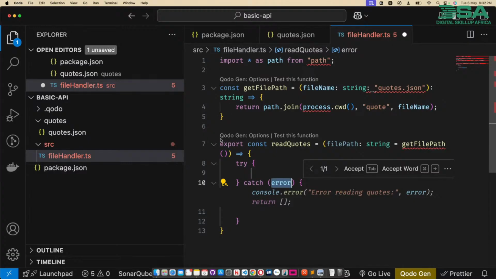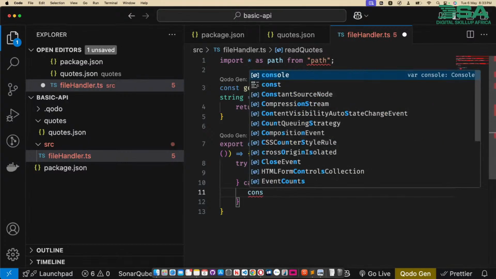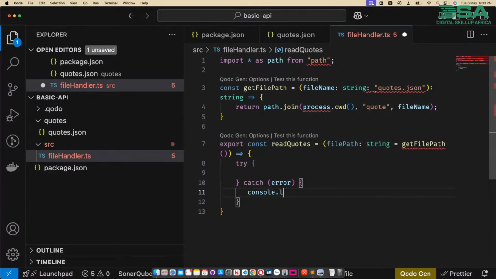So inside the try block, which is from here to here, is where you want to write your code. And in case that code fails, this catch portion will run. In the catch portion, we just want to write to console what the error is. So, error reading quotes file. But in the try portion, we want to read the file and put it in a const data